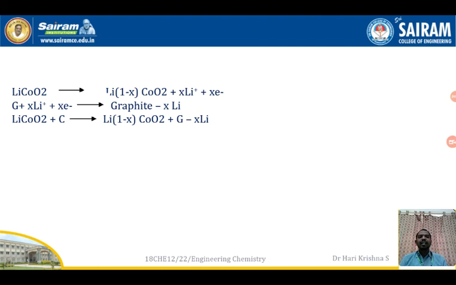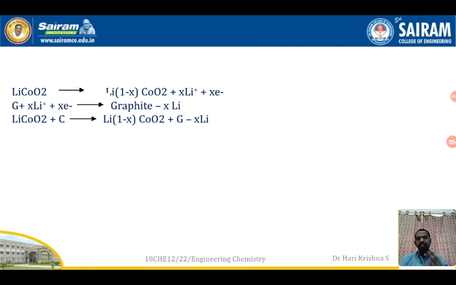When you charge, it will start becoming 20, 30, 40, 50, 60 and finally 100. It implies that when it is increasing 20% and charging, 20% of Li+ is converted to lithium. 30% means 30% of Li+ is converted to lithium. So 100% means 100% of lithium ion is converted to lithium.